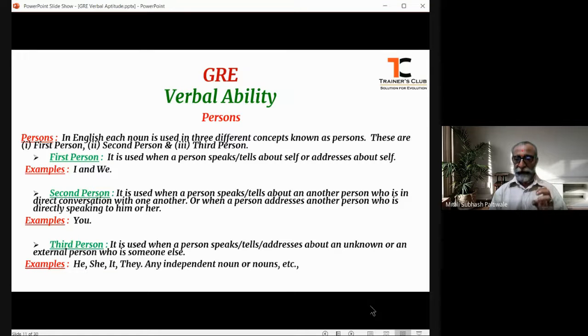Understanding the person is very important because most of the time we use third person, right? Any independent noun that we use. Say, for example, a man, a student, a girl, a boy, my father, my mother. This becomes the independent noun. So when we use them in singular,